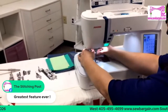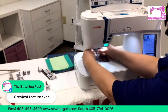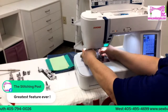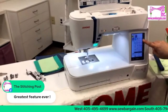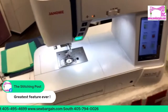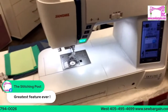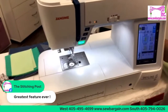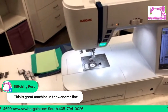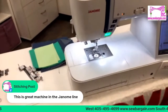And I am going to switch out and show you free motion on this machine, because I get asked about free motion on machines often. Now, I also have that sewing applications button, which optimizes functions. So I am going to tell it I'm doing quilting and I am doing free motion quilting. So it's going to advise me and let me know I need to lower my feed dog, which I have just done. And I am going to put a quilt sandwich under that foot and I am going to show you